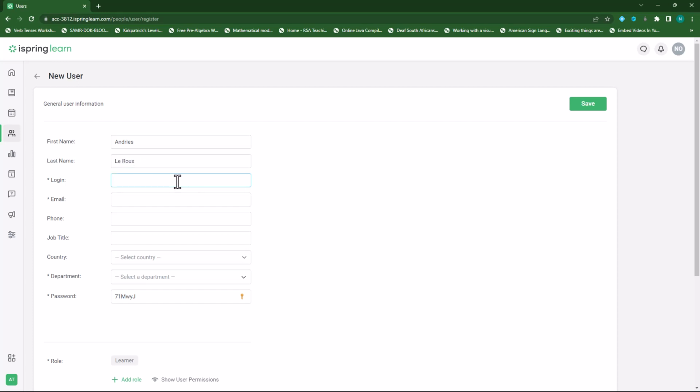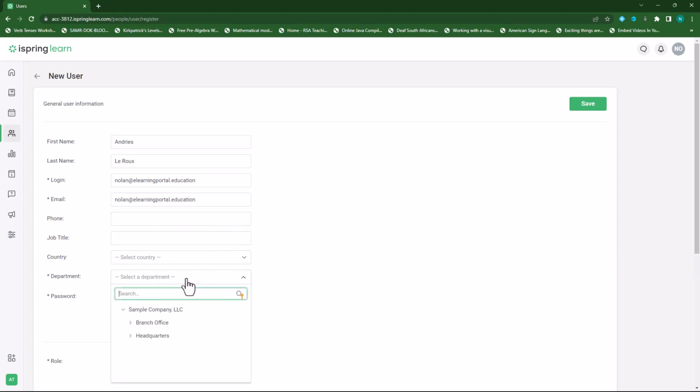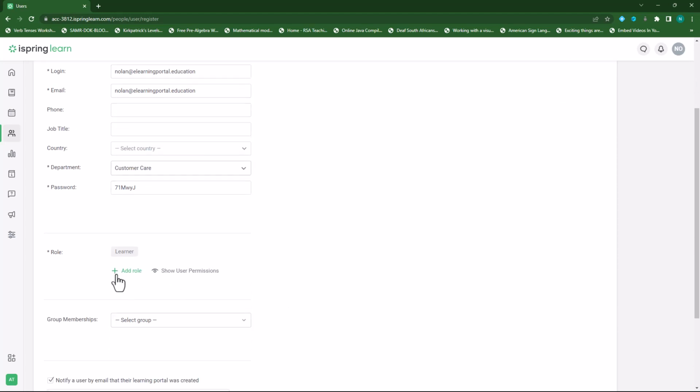your login name is usually your email address, so I'll specify an email address. And I'll copy this email address here. And I'll paste it within the email address, and then I can select a country, I can specify a department. Let's use customer care, and I'll leave the password. Once I'm done, I can also add a role,